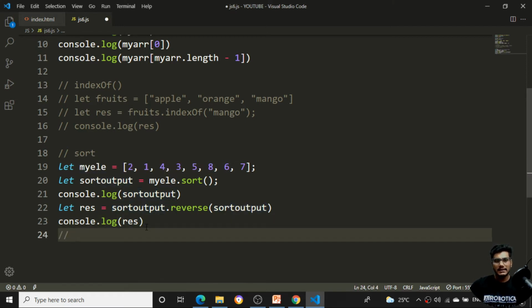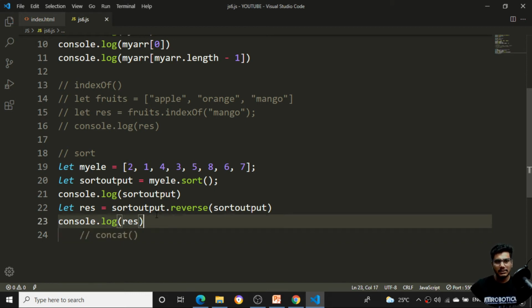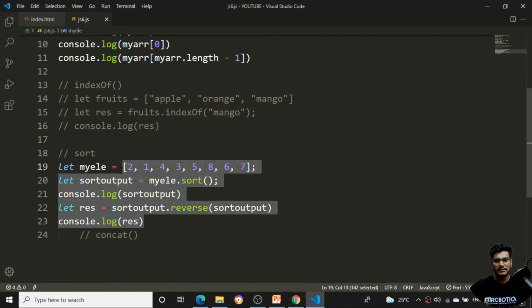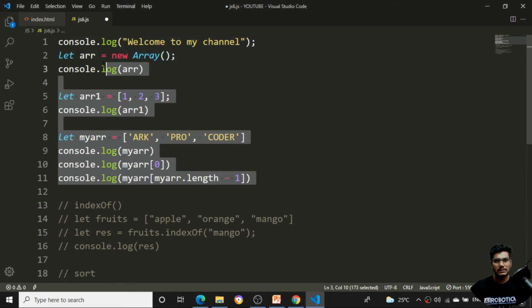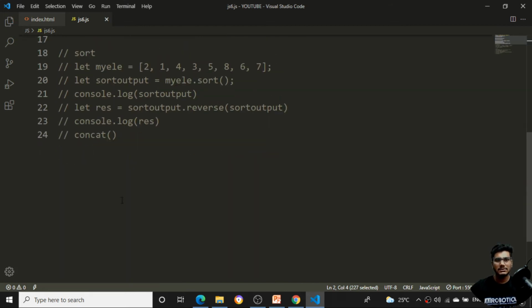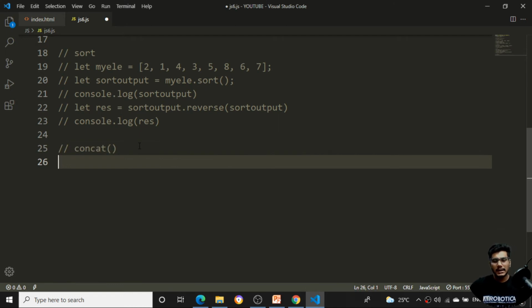Like that, we'll see about concat also. If I tell you about the concatenate function, I'll comment all this code, because otherwise I'll be getting errors like variables have been used. What concat basically does is append the particular values. Let alpha be equal to, suppose I want to add c, d and e. So I have these three values: let alpha, c, d and e.